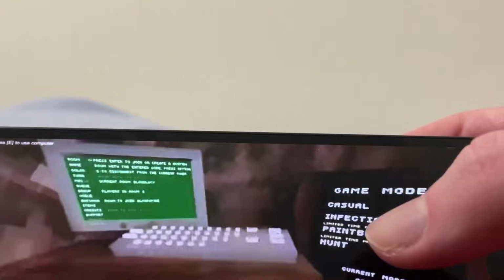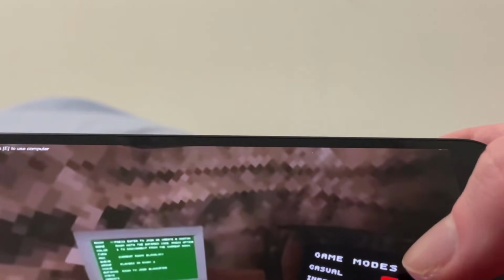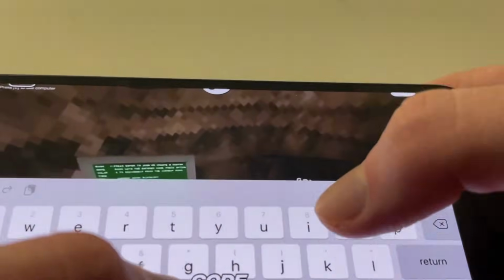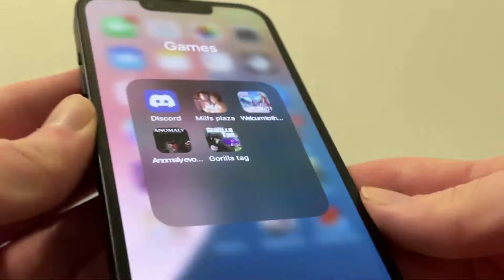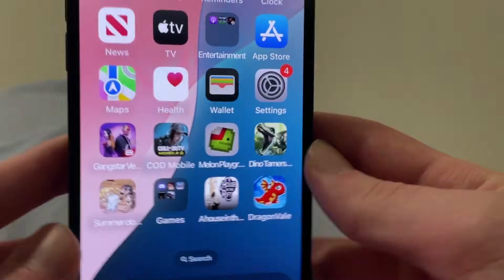So if you guys are interested in having a Gorilla Tag mobile version, I'm going to show you guys how to download it onto your device. So this actually works, guys, and it's super cool. So let's get into the tutorial, and I'm going to show you guys how to play Gorilla Tag on iPhone